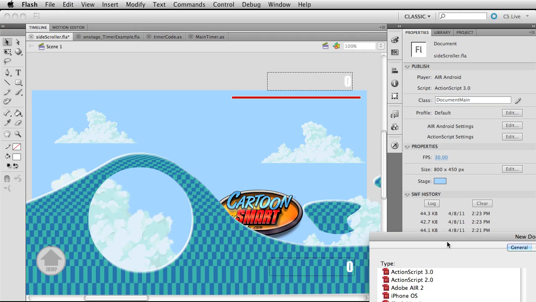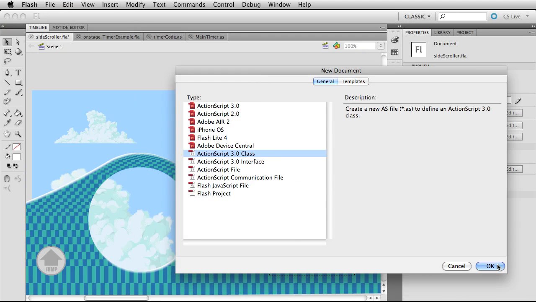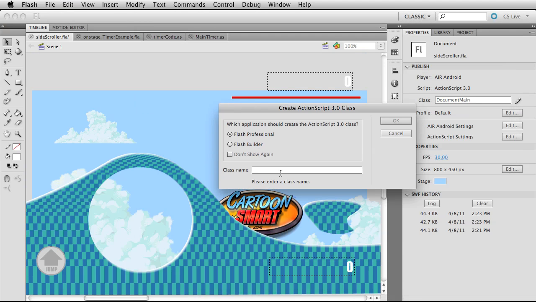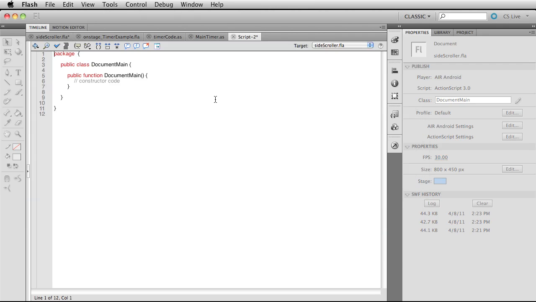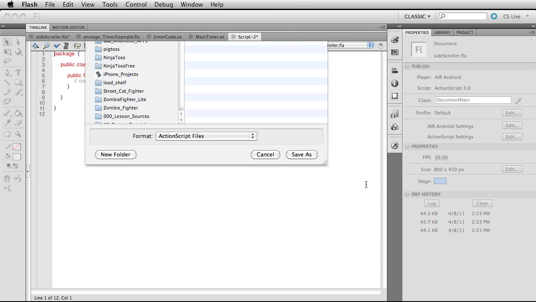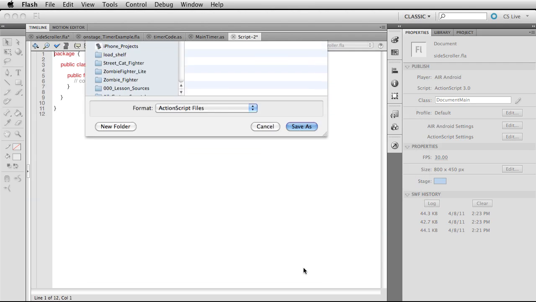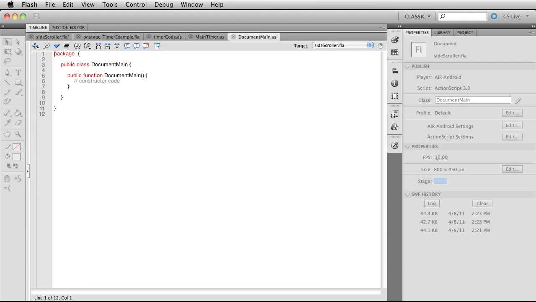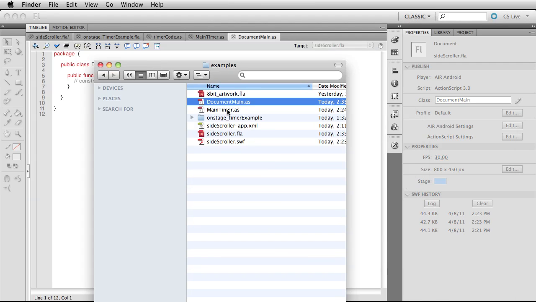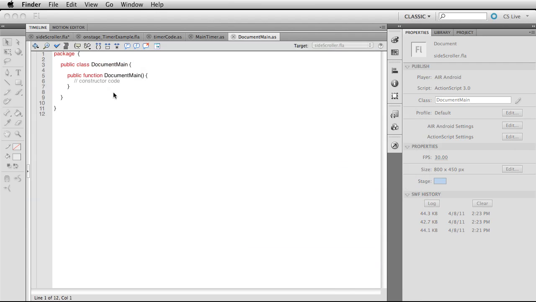And let's go over here and say new ActionScript 3 class file. We'll call this document main. And let's save this, you guessed it, right with everything else. Okay, if that wasn't obvious. So here it is, right by our main timer. And then let's cut back over into here and make the necessary changes. Similar to what we did before, we are going to just extend this from a movie clip. Okay, extends